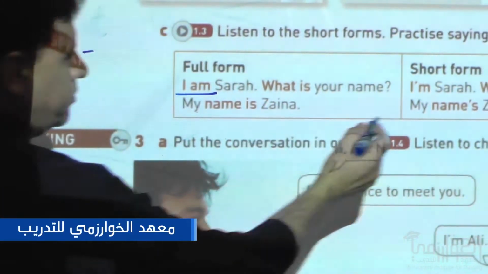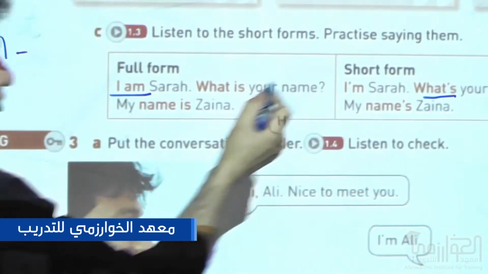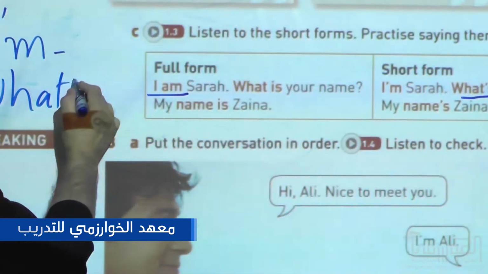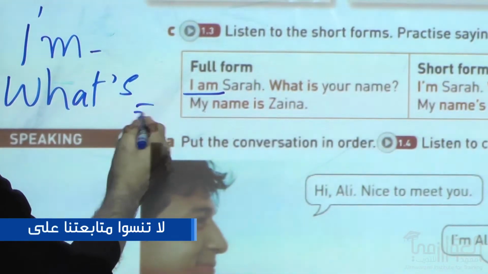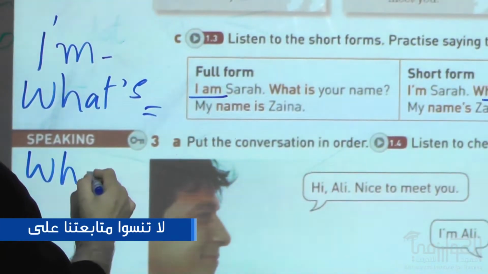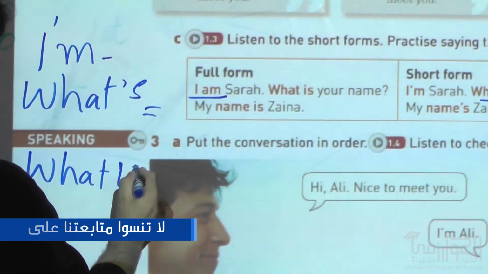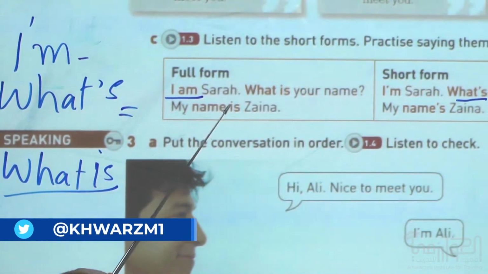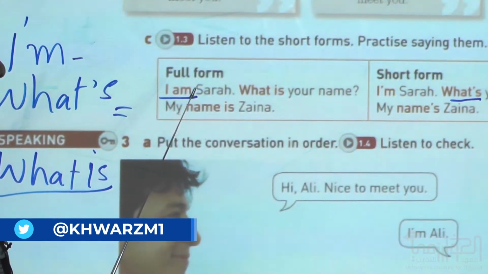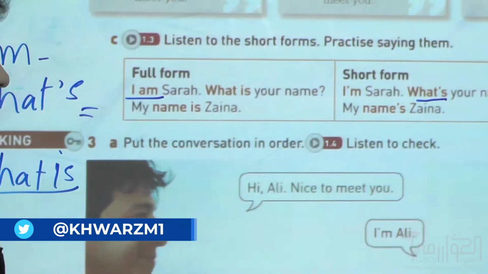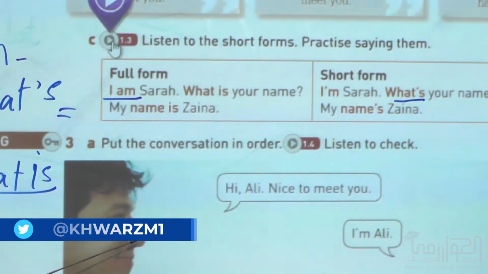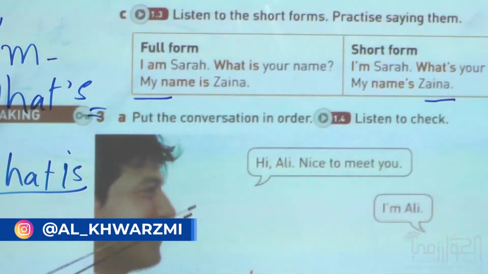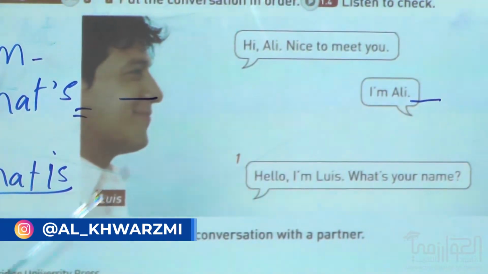And what's your name, you see, this is also a reduced form, or the shortened form, what's, which means what is your name? So these are the short forms of I am, I'm, and what is, what's.